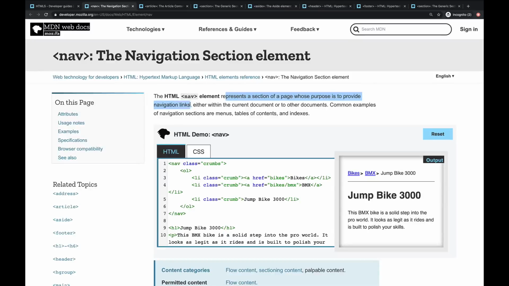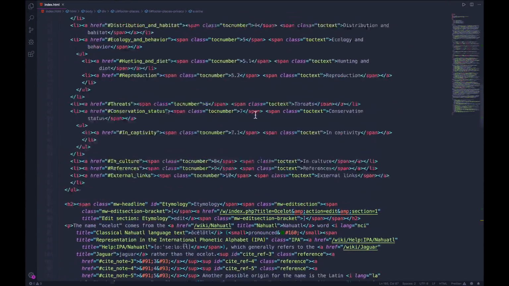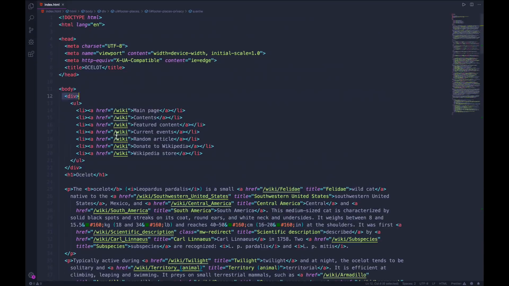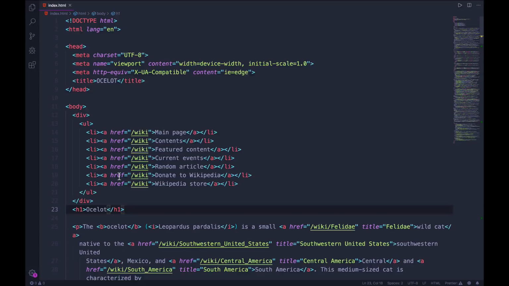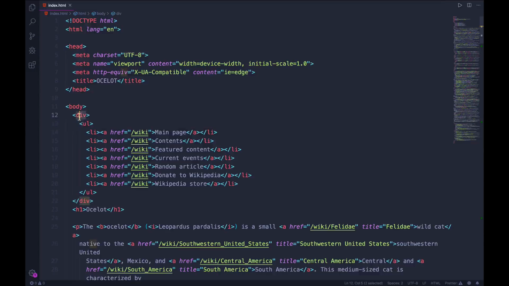Alrighty, so a nav, as we've already discussed, represents a section of a page whose purpose is to provide navigation links. It doesn't have to be a nav bar. It's common to use one in a nav bar, but we can use them for table of contents, menus, footer bars, navigation content there. So I'm going to go up here to my nav bar, which I'll zoom in a bit. It's just this right there. And I'm going to replace that div with a nav,